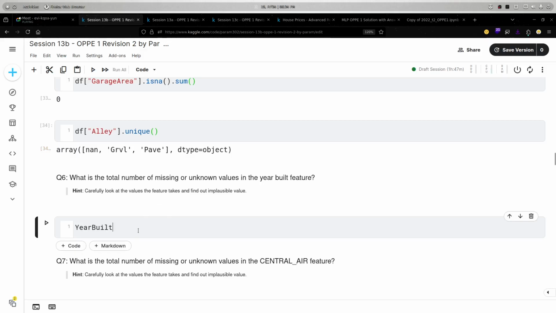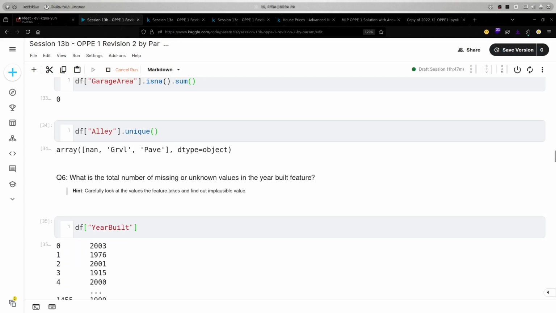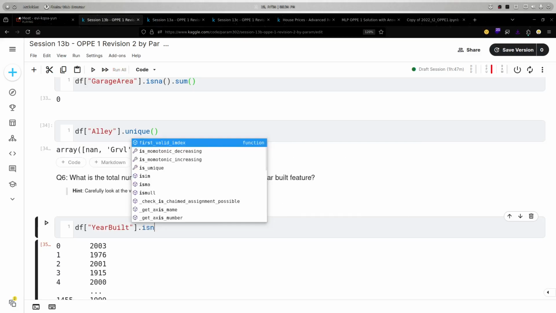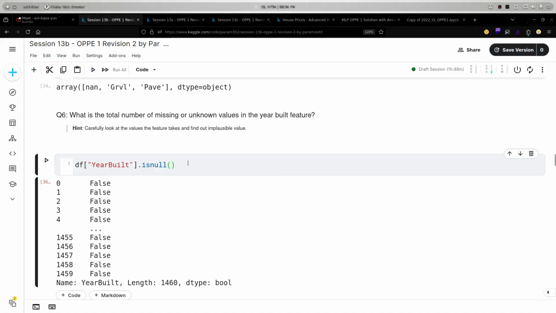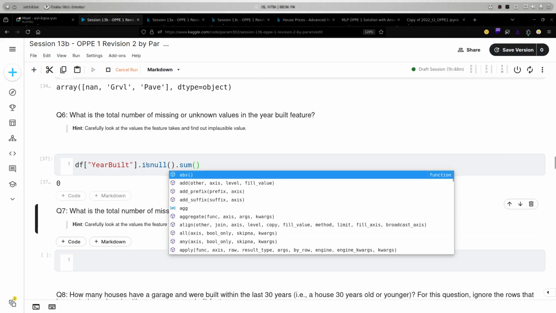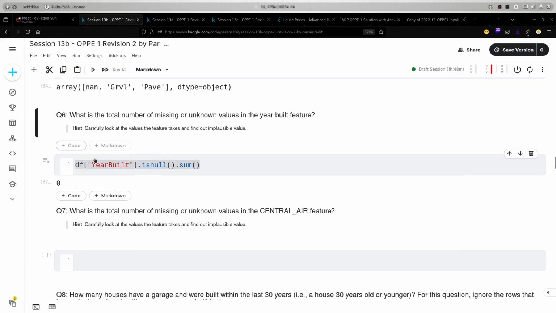So we have this year build feature. What we will do is extract the year build values. Now we have to identify how many null values we have. This dataset is almost pre-processed, so we have all the values as null or nan. Then we can do sum. This question is similar to the previous one. So here also we have zero missing values.